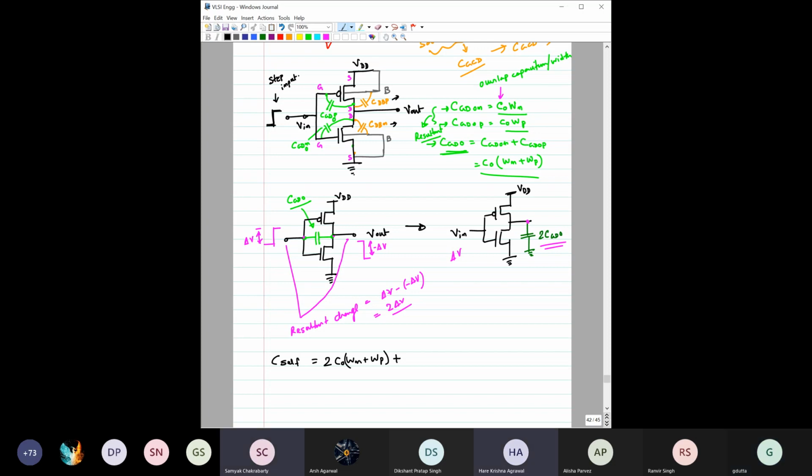So junction capacitance, diffusion. This is junction capacitance, right? Diffusion. So both are junction capacitance, right? So CGDP and these are the junction capacitance, right? So here let me write here. These are the junction caps. Here also this junction cap, right? So here it is CJN WN plus